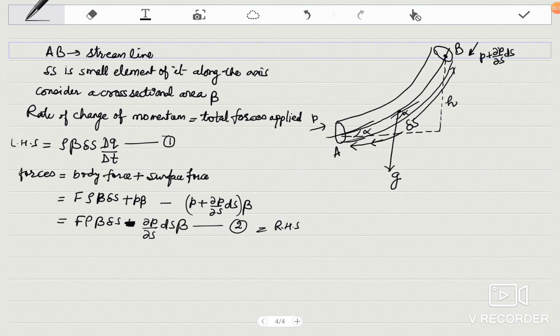So from Newton's law of motion, rho beta dq dt delta S is equal to F rho beta delta S minus delta P by delta S ds beta, or beta is common throughout, delta S is common throughout, rho dq dt equals F beta minus delta P by delta S,